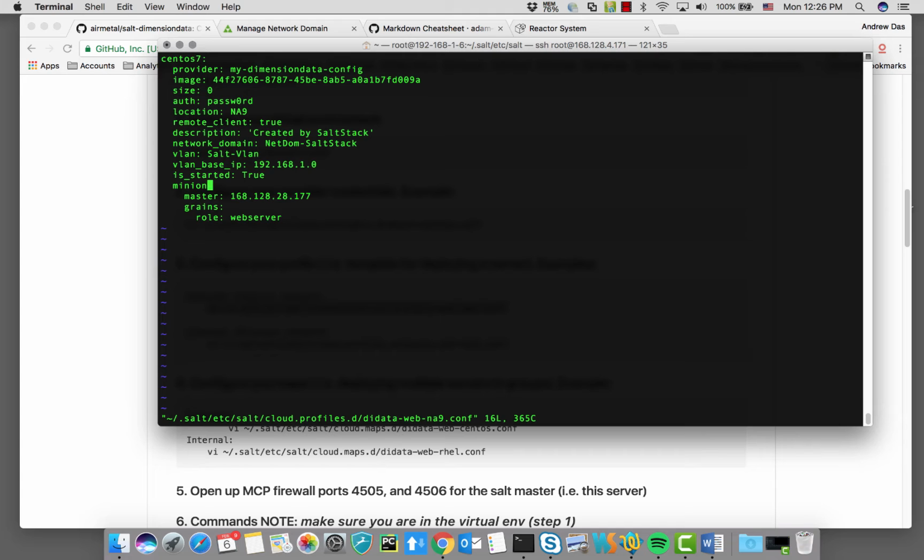Started, of course, is going to bring up the server in a started mode. Minion, this is the configuration specific to Saltstack, where the server will be configured to point to the master, which is the current machine right now. And I believe this machine has an IP address of, so let's change that here,